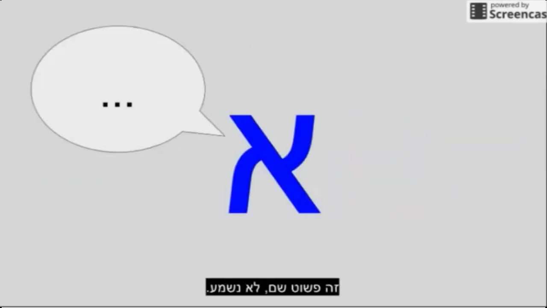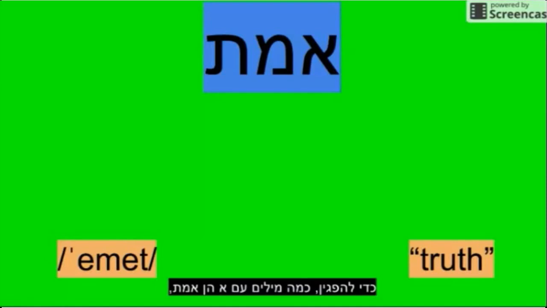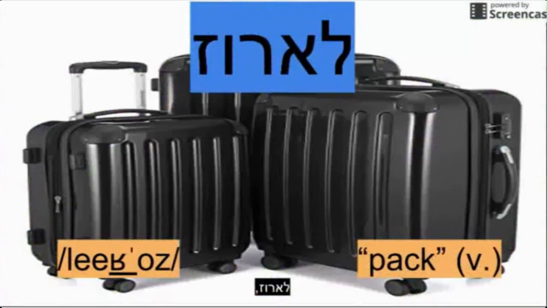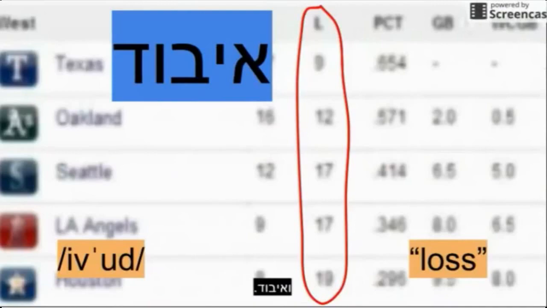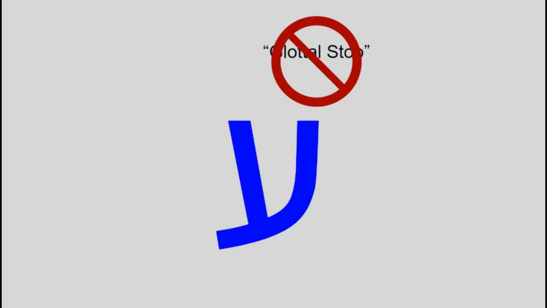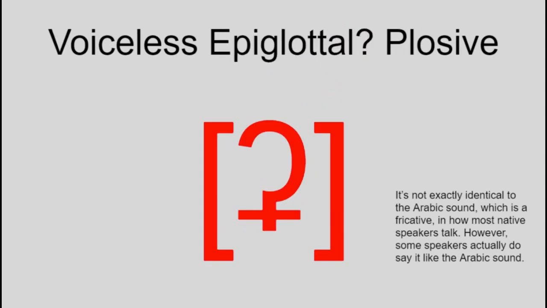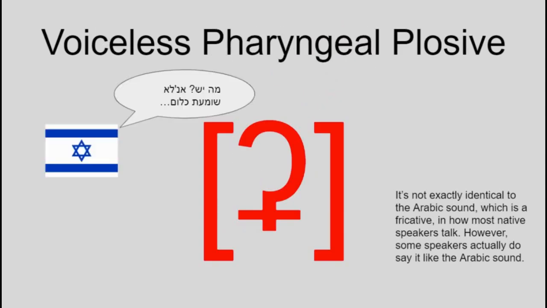To demonstrate, some words with Aleph are Emet, Kev, Deshe, Leroz, Limtzo, and Ivud. I made 2 minor mistakes in this segment. The first one was that I called the sound represented by Ayin a glottal stop. It's actually a pharyngeal stop, sometimes called an epiglottal stop, depending on who you ask, although in casual speech it's